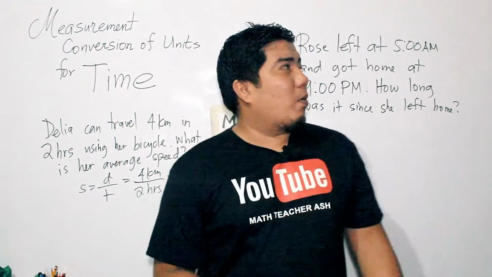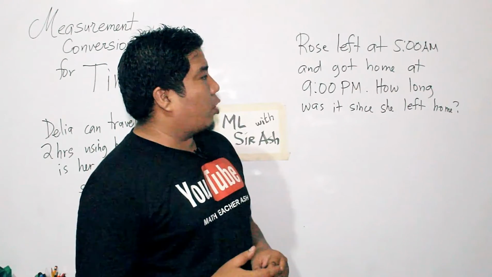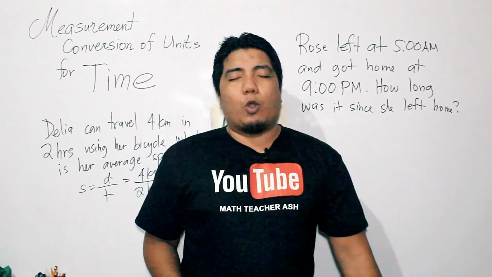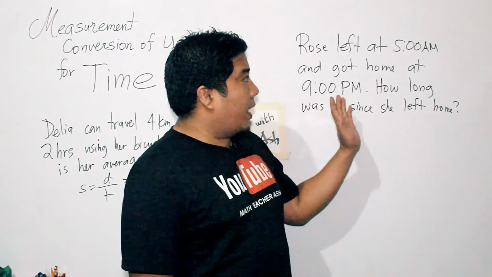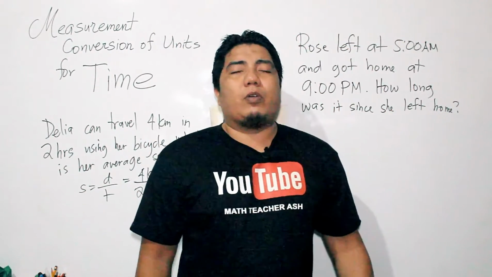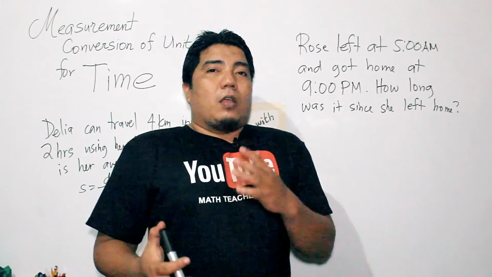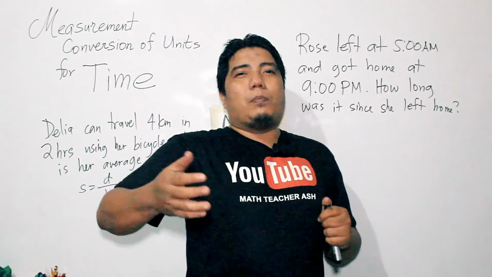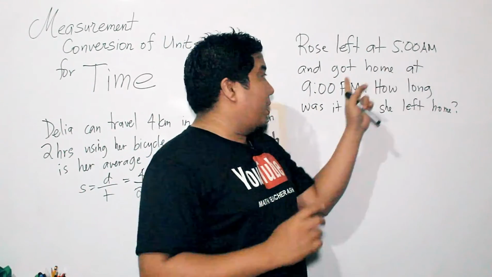Very easy, right? Now, how about this one? Rose left at 5 a.m. and got home at 9 p.m. How long was it since she left home? Now, how do you know the difference from 9 p.m. to 5 a.m.? Now, if you are using the 12-hour format, which is in this case, you may be having a challenging time. Why? Because you will be counting from the maximum of the AM and then going to the